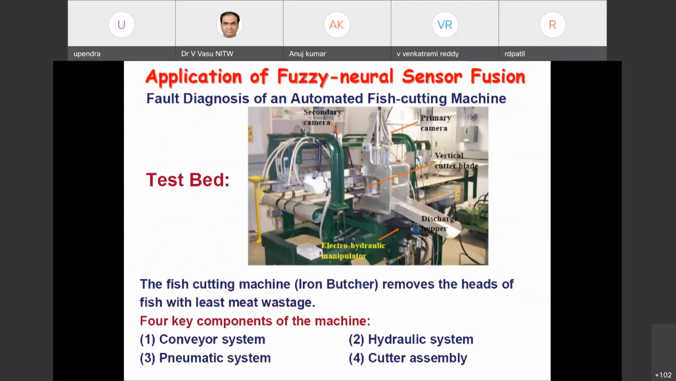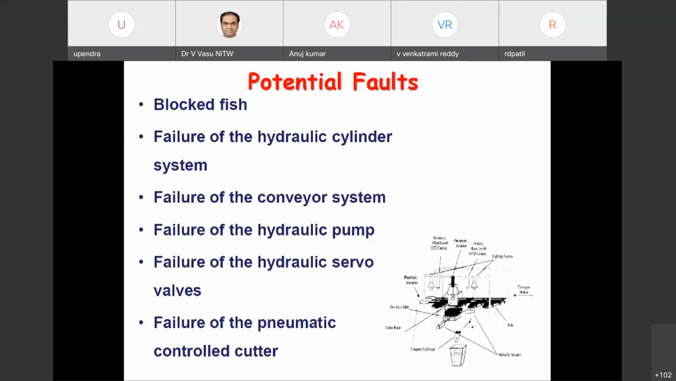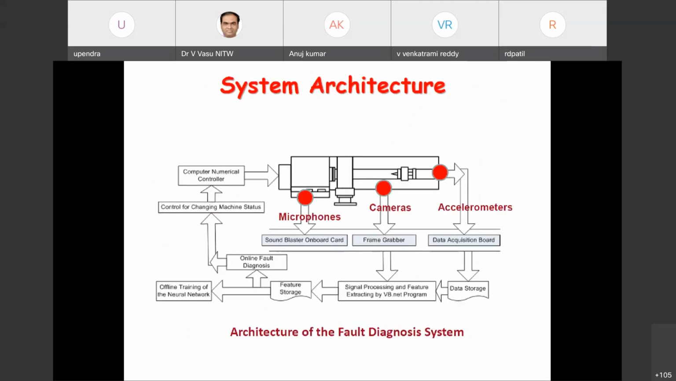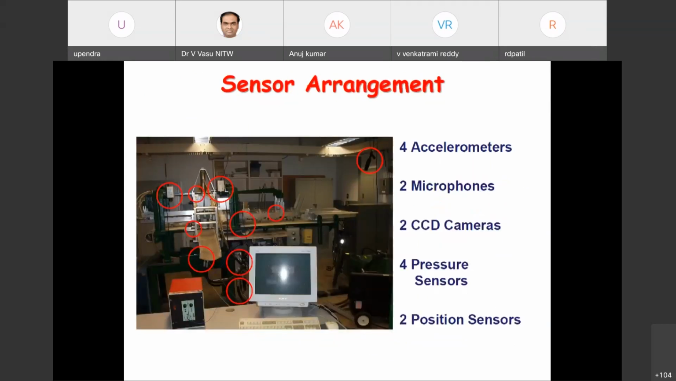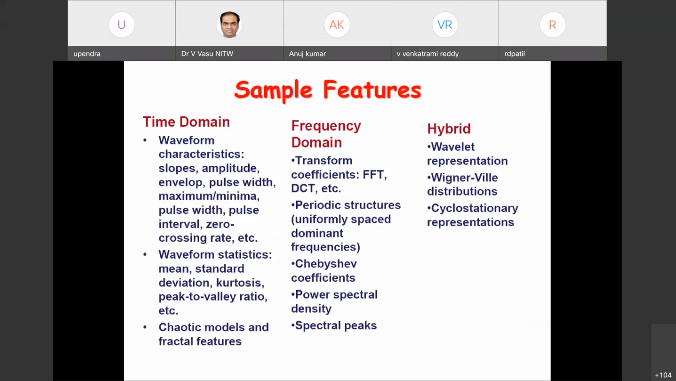This is one example where I want to detect failures in a cutting machine. There is a fish cutting machine, and I want to identify the different failures. The different failures will be identified by using three different types of sensors. We are using microscopes, cameras, accelerometers, and microphones. This data is fused, and automatically you can get the time domain features,